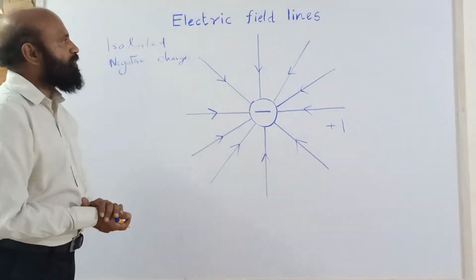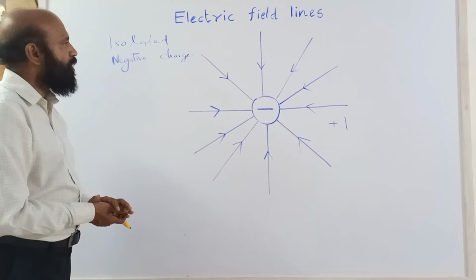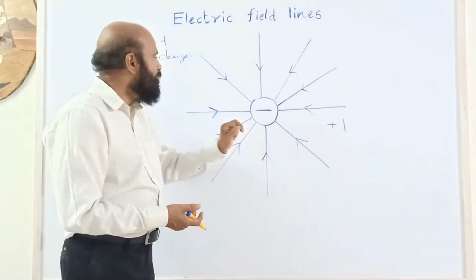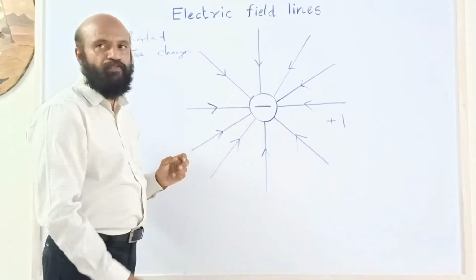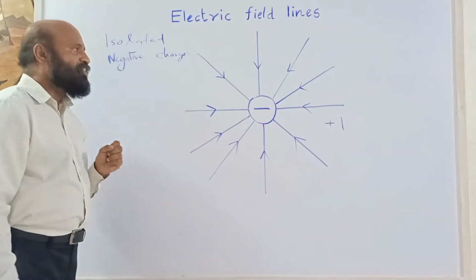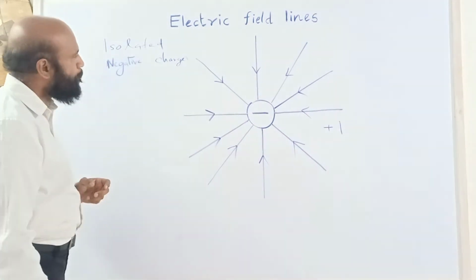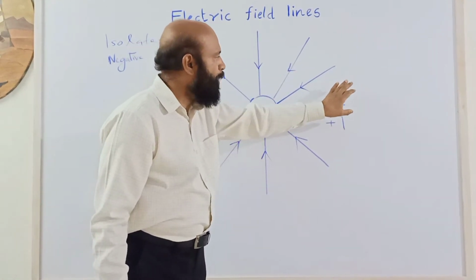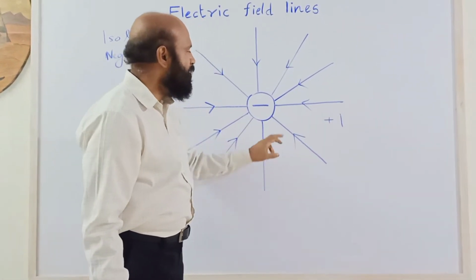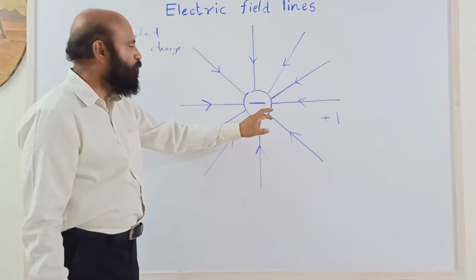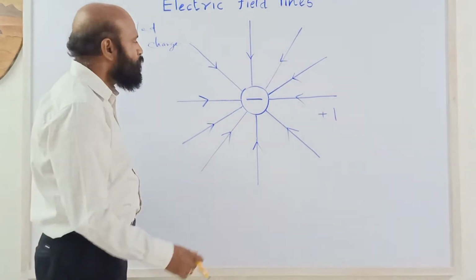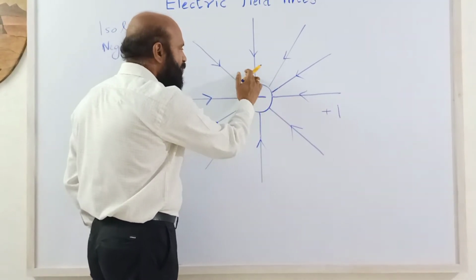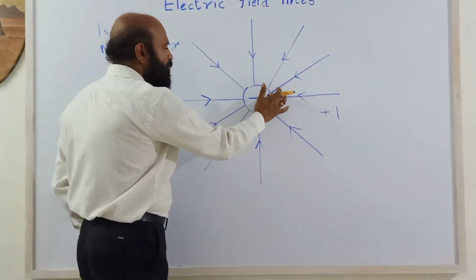So electric field is a vector quantity. So there is a direction and a magnitude. Here this is the direction of the field. Here this is the direction of the field. At different points, direction is different. At different points, magnitude is also different. Here away from the charge, the magnitude of the electric field is lesser. Here near the charge, the magnitude of the field is more. So here you can see the gap between the lines is less. So here lines are crowded. So field here is more.